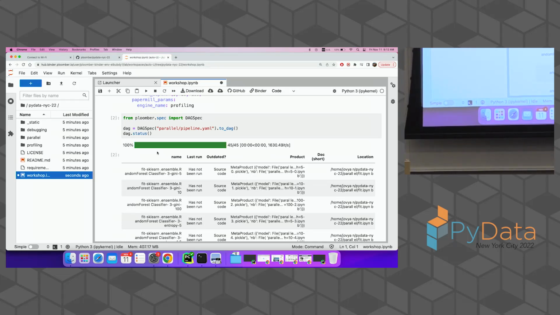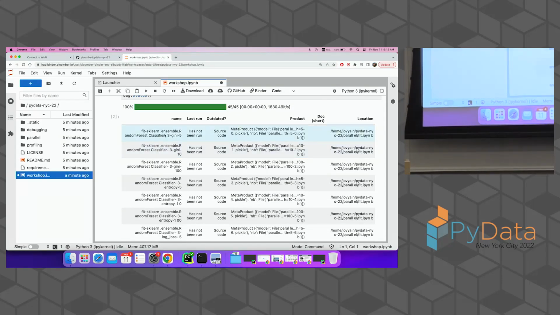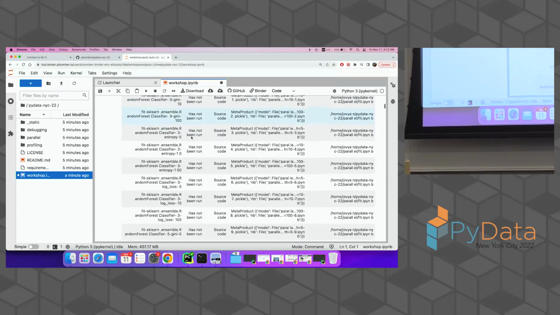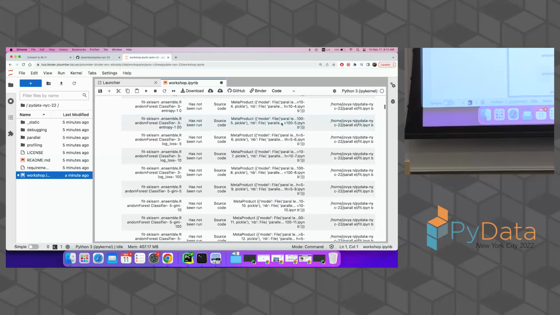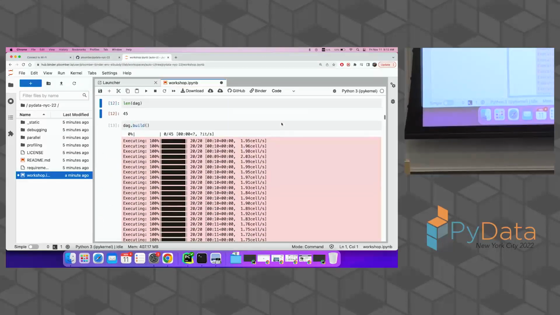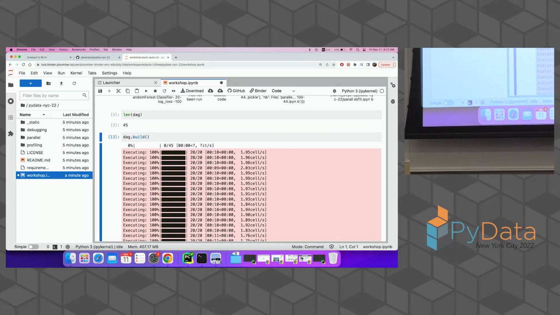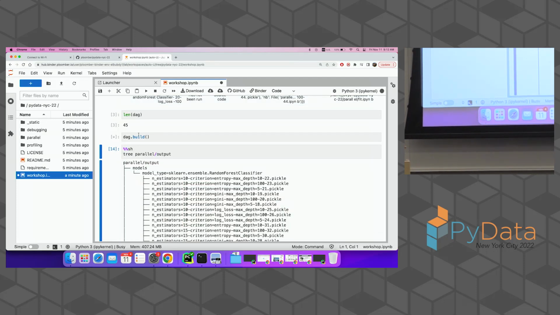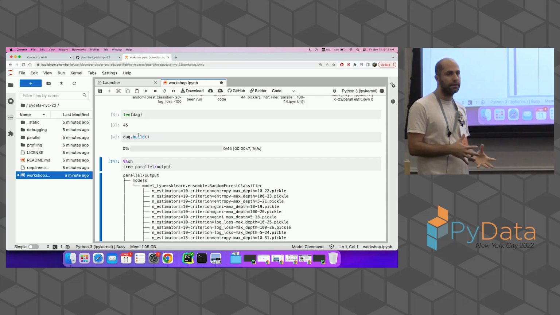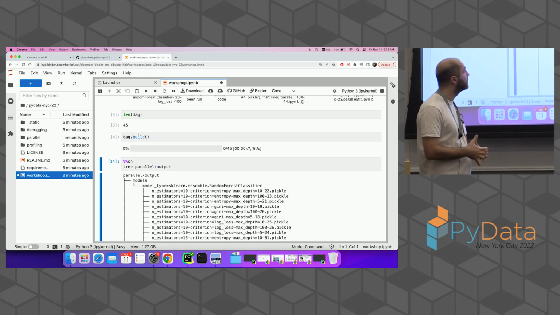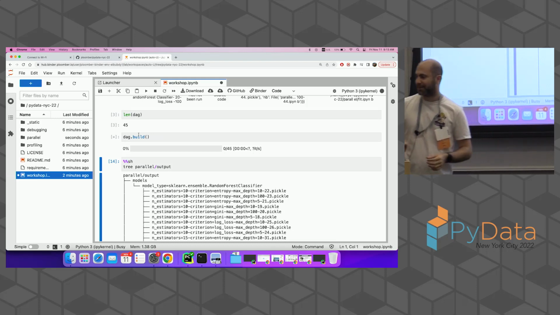Computing it for a second. We can see it gives us a nice table of status for each task that we have. We can see none of these has run yet. We can see the name, we can see the actual output, and where it sits on our machine. And then we can go and actually execute it. So let's scroll to the bottom of the table. We can see here we have 45 tasks. If you remember, we had 5 by 3 by 3, that's 45. And now we can run it. What it does, it will take like 30 seconds to a minute. It takes all of these notebooks, it parallelizes them locally, and